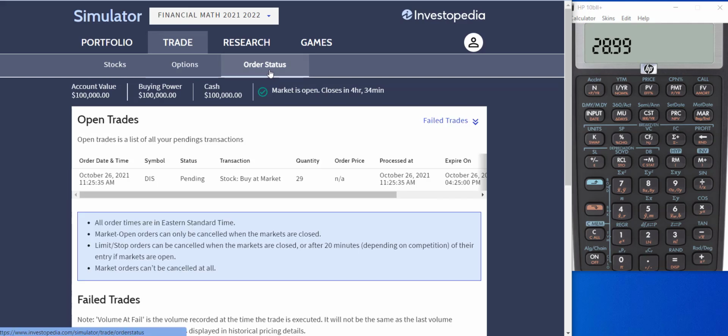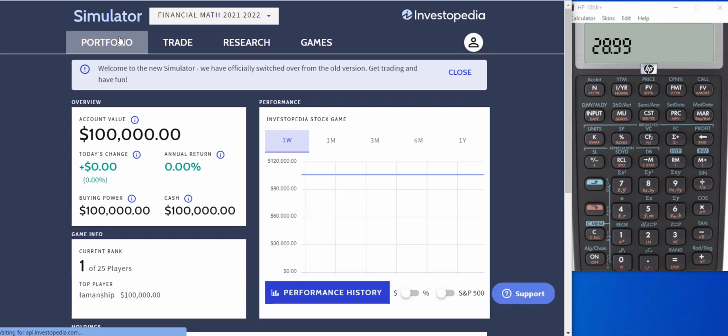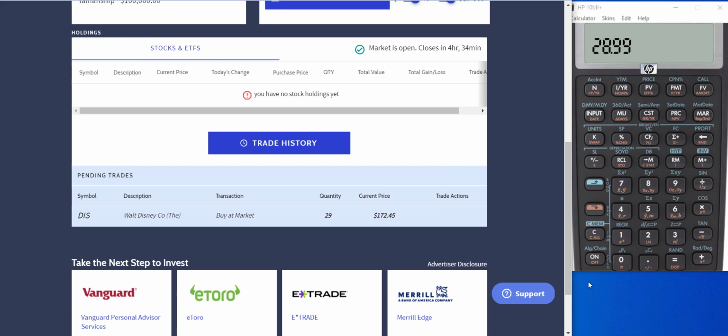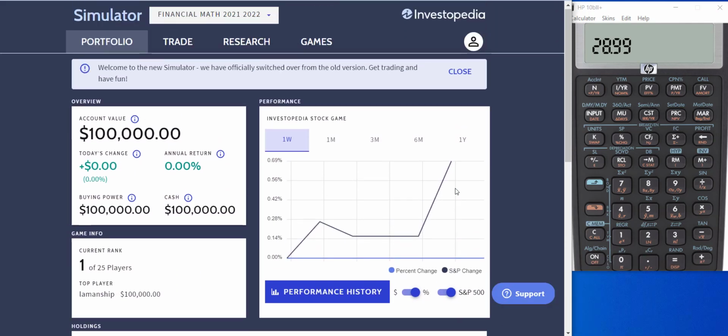I put a stock in to buy. But if I go to my portfolio, it's not going to show up just yet. That's because there's a delay. The game delays the processing from what's happening now to when you actually get the trade. So it's going to be a delay. I think it's about 15 minutes. And so now we're going to go in and